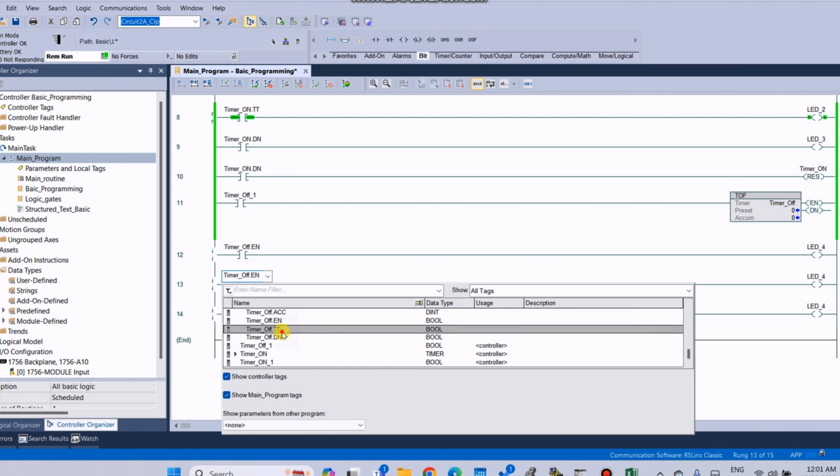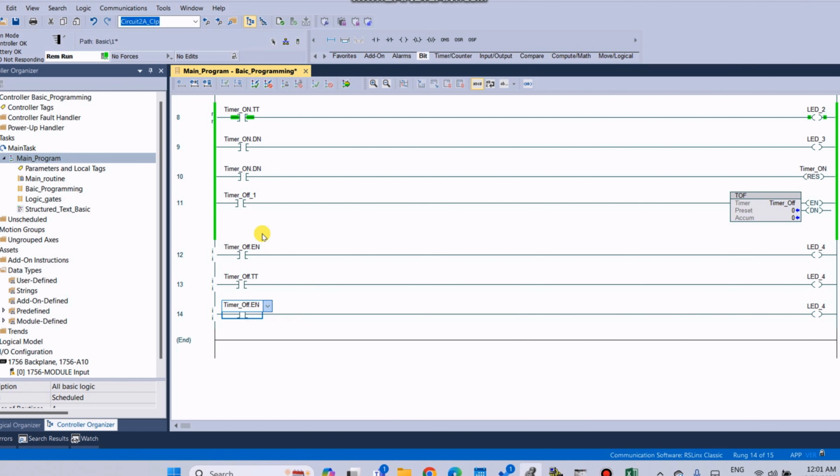Timer on enable bit, timer off TT bit, and timer off done bit,